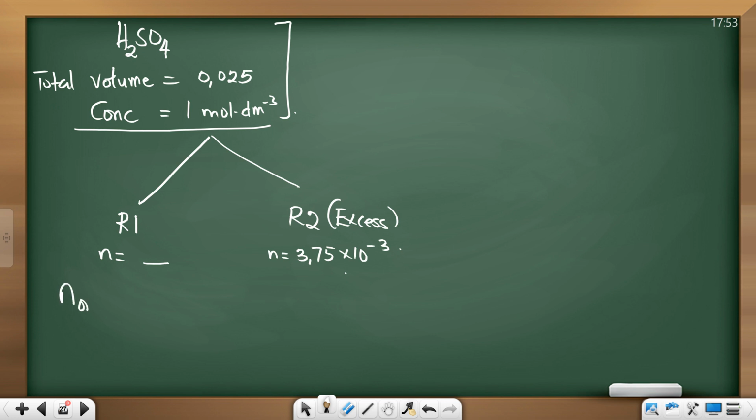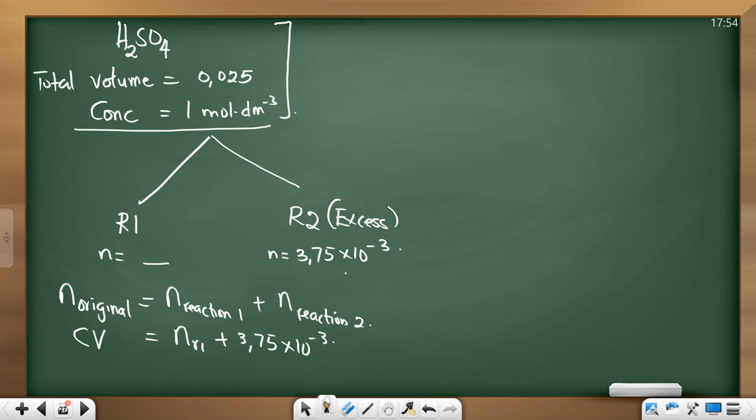Let's do it again. I said number of moles in original should be equal to number of moles in reaction 1 plus number of moles in reaction 2. Do we know the number of moles in reaction 2 already? Yes, we do. But do we know the number of moles in the original? No, we don't. Can we get it though? What's the formula for number of moles? C times V. Original will be equal to what? N of reaction 1 plus